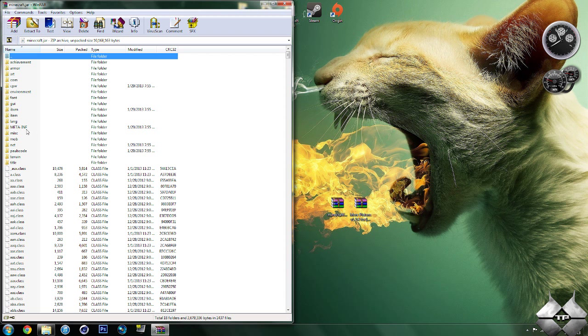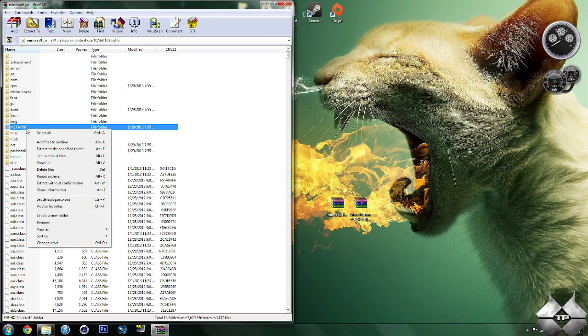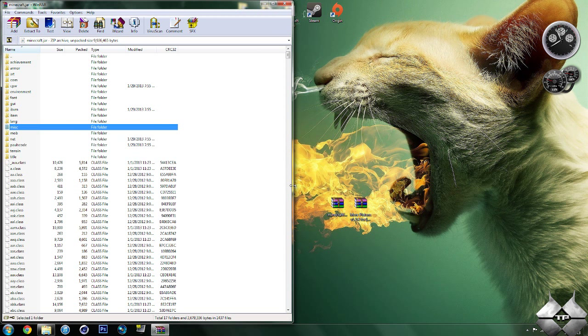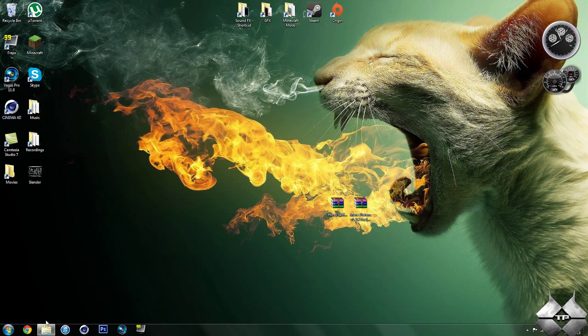Now you should have a folder called META-INF in your Minecraft jar. You're going to want to delete this, so go ahead and right click it, select delete files, then hit yes, and that will delete META-INF. You want to make sure you are always deleting META-INF when you're installing a mod to Minecraft. If you don't, it will make Minecraft crash. So after you delete META-INF, go ahead and close down your Minecraft jar,